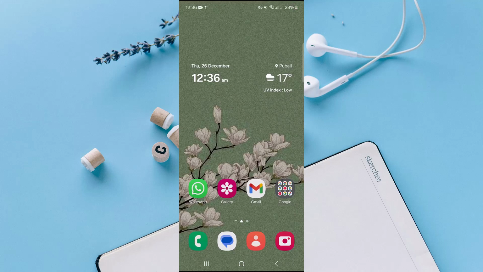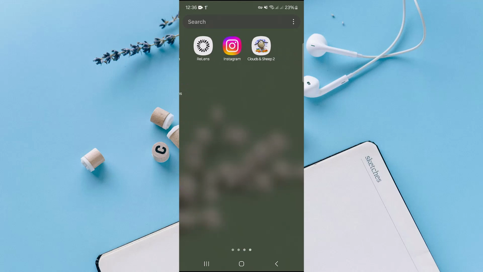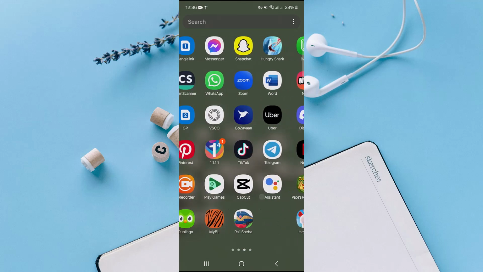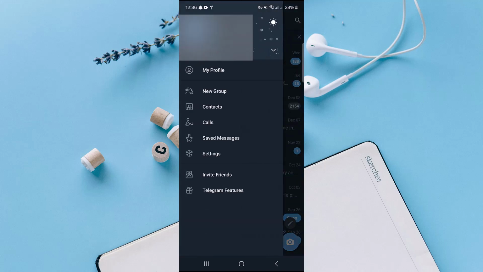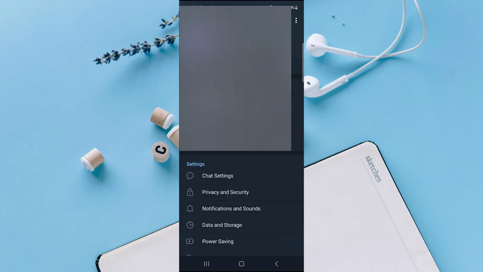In today's quick video, you are going to see how to delete Telegram account permanently. So to do that, head over to your Telegram application. Once you are there, just tap on the three lines icon on the upper left corner. And in here, just go to the settings option and then scroll down